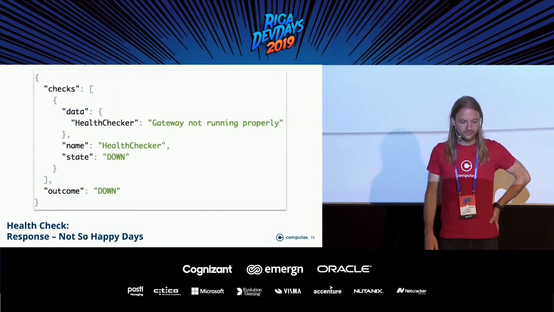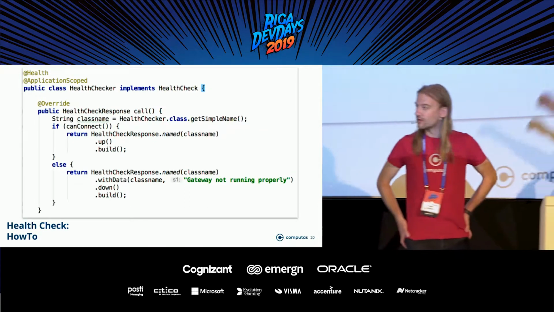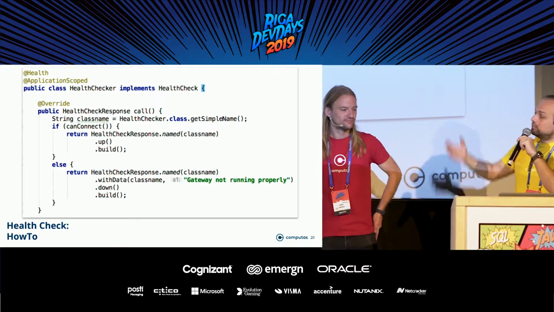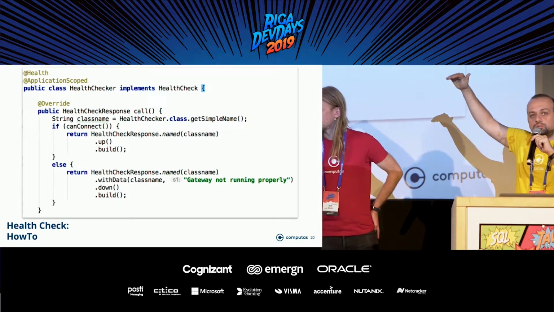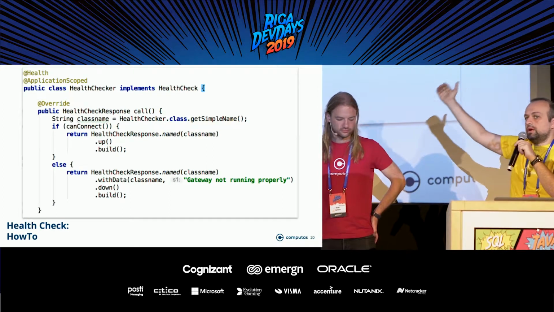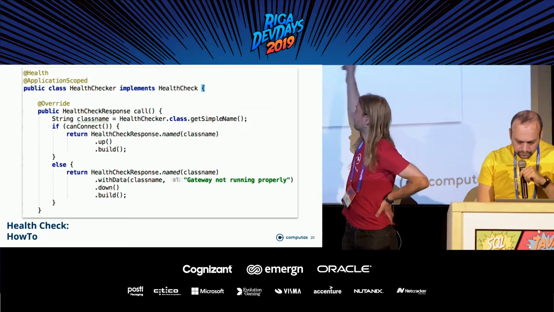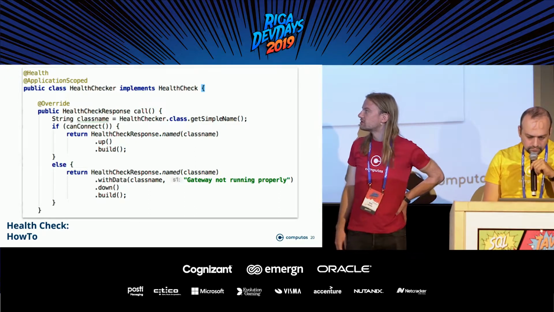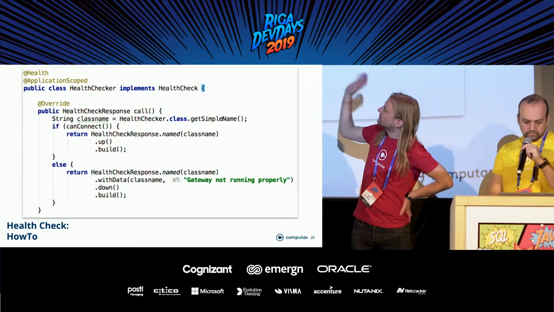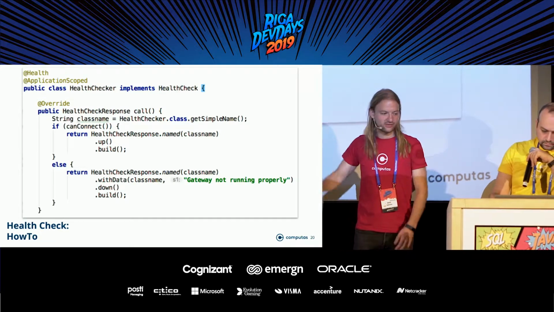Yeah. And that message comes from that piece of code, which is a very overly simplified version of configuring things. You might want to do some more stuff. You want to actually check for things when you say it's up, or check for things and define what is actually down, right? And you can specify what message you want to send on. Initially we had printed the exception. We did some try catch and got an exception and returned that, but you shouldn't do that. But things like this is okay.